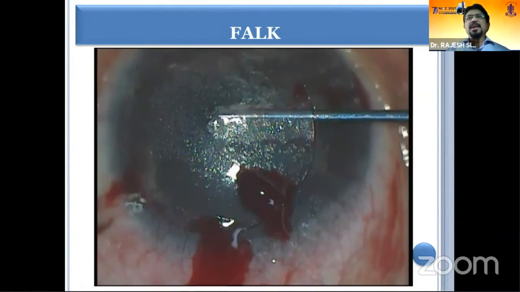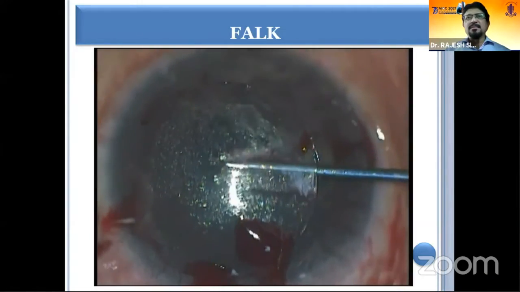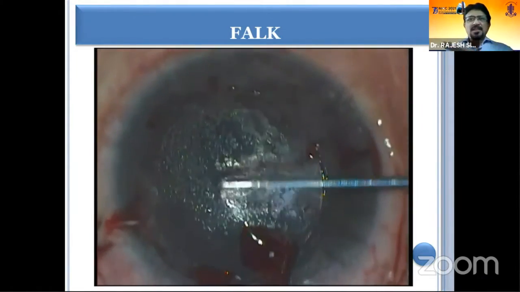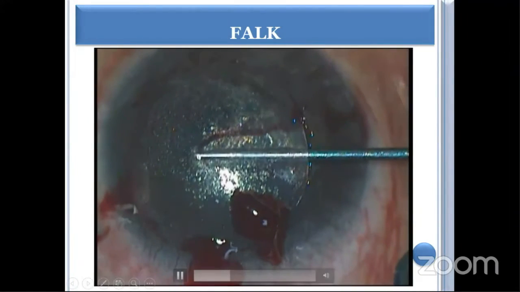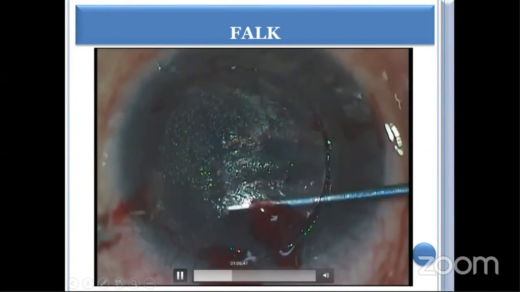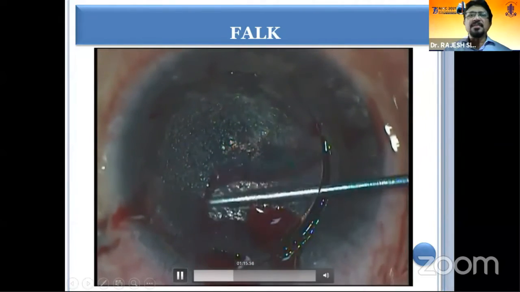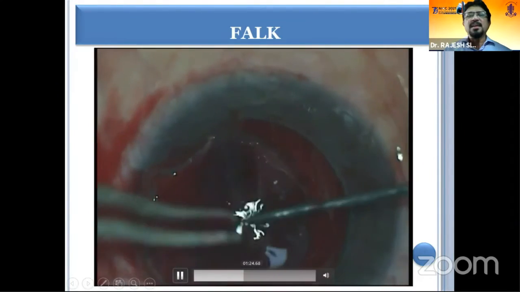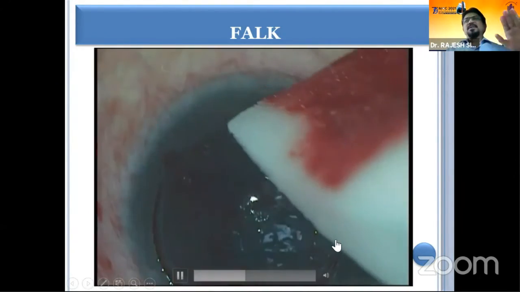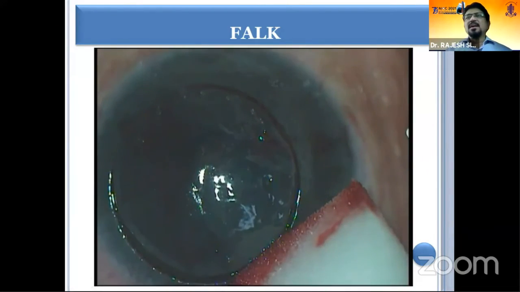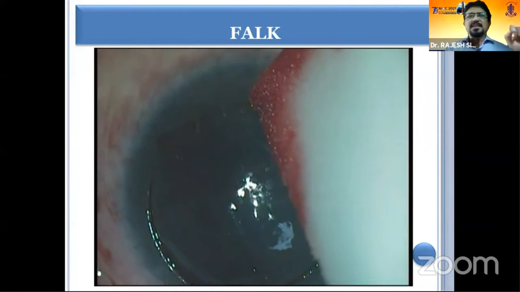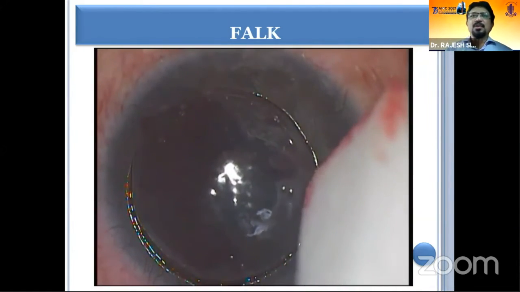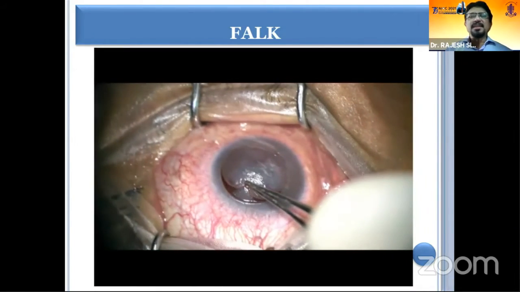Instead, when you use a microkeratome, you get an edge which is sloping, a meniscus kind of a flap. So this is a case of a healed keratitis where there was vascularization as well. So you can see that sometimes the femtosecond laser doesn't penetrate fully in every area wherein there is an opacity. So sometimes you have to do a bit more effort in dissecting.